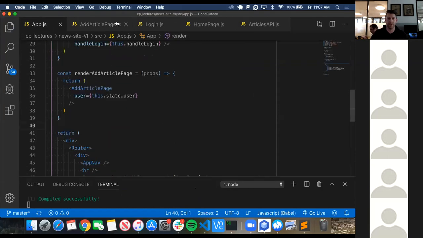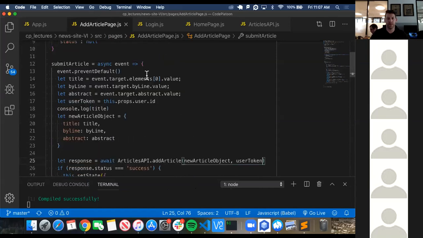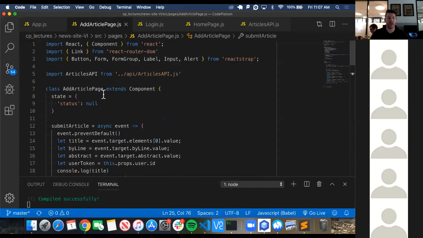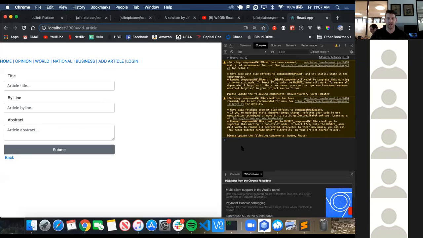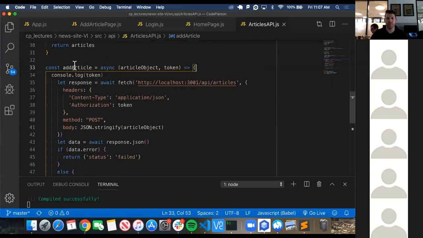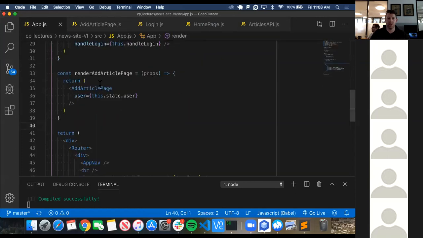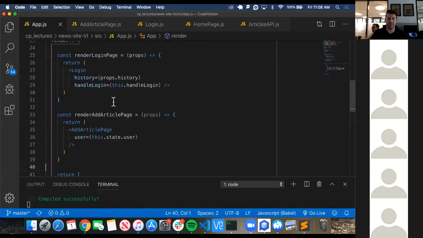I just did. So in the add article page, when we want to add an article, we click submit. It needs a user token of a logged in user that's being passed in this add article API. So in order to pass the user into the add article page or component, we need to essentially do the same thing that we did with render login page. We also have to do it with the render article page,